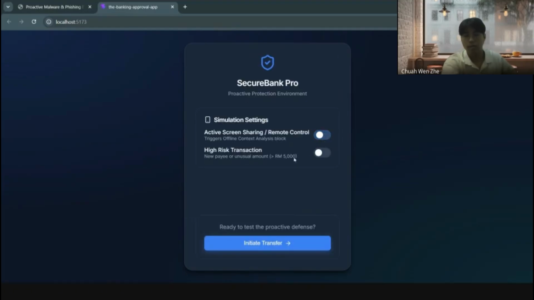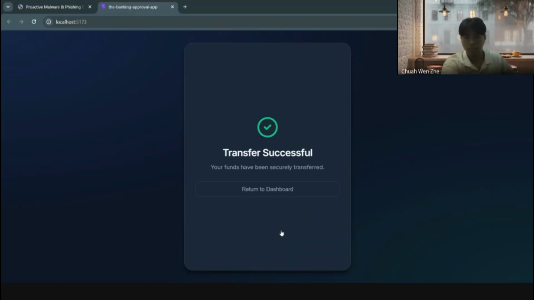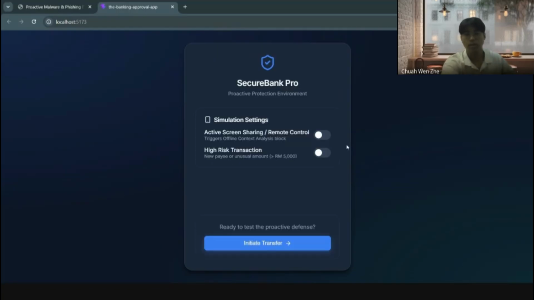How about normal transactions without remote control? A normal transaction can also be used. You can approve with just 100 ringgit, below 5,000 ringgit, a normal transaction. So that's all from me. And in conclusion,